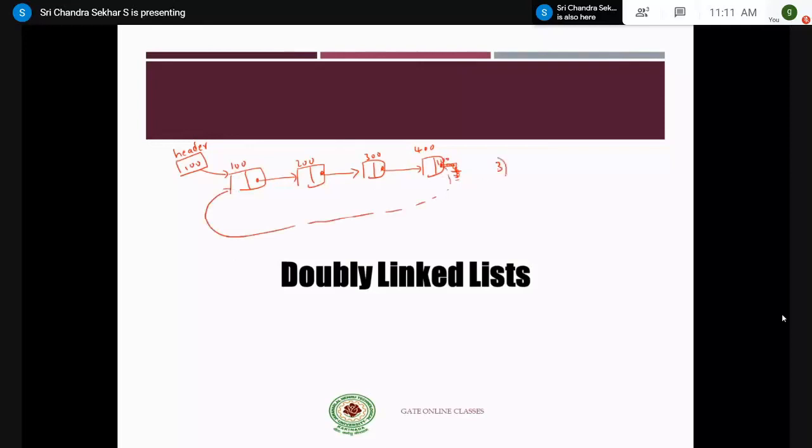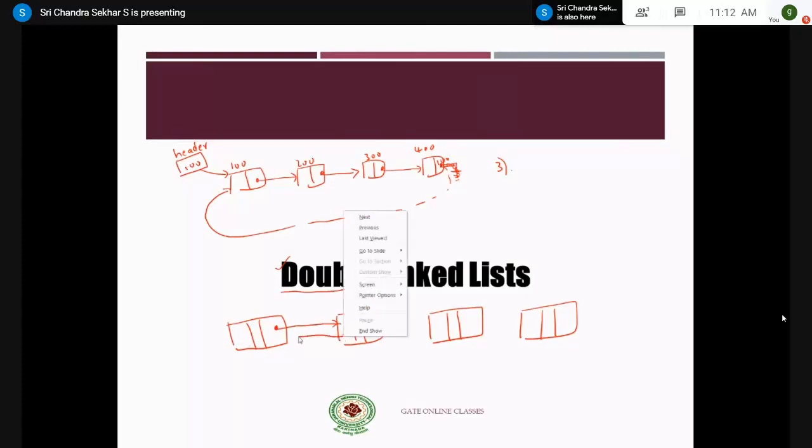And the third category which I have discussed is the doubly linked list, right? So in a doubly linked list it looks like this. A node is divided into 3 parts. Let me take 4 different nodes like this, and since it is a doubly linked list, you should have 2 links. That's the reason why we call it doubly. One link is to connect a node to its next node, and another link is to connect a node to its previous node, right? Similarly, this node is linked to the next node, and this node is again connected to the previous node.